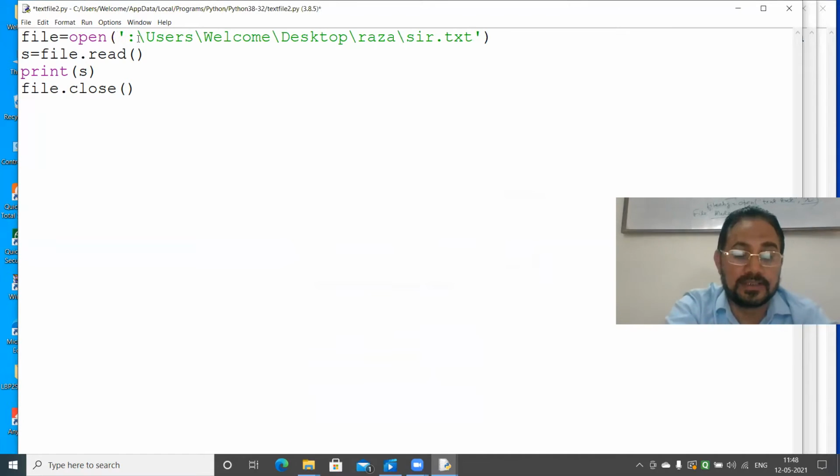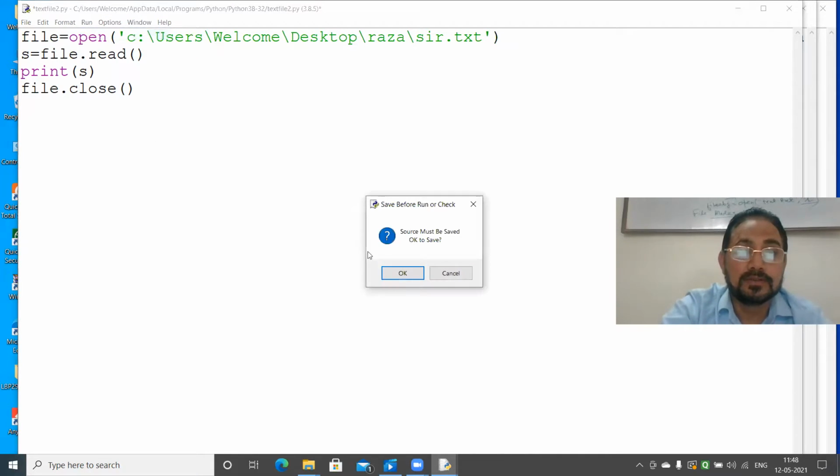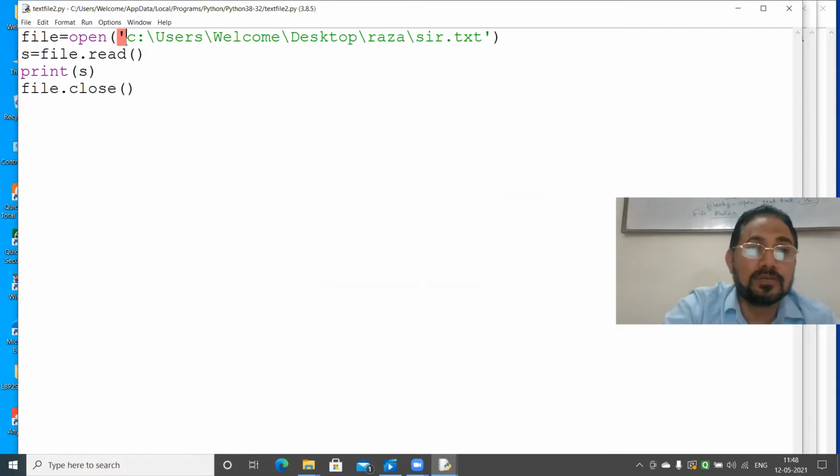The character from there it is not accepting. C colon backslash. I run it again. Let's see. Some text error, Unicode error is coming. That means I have to type everything here.